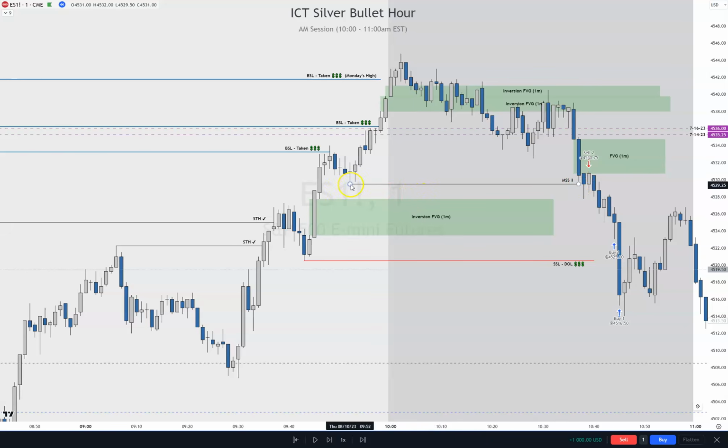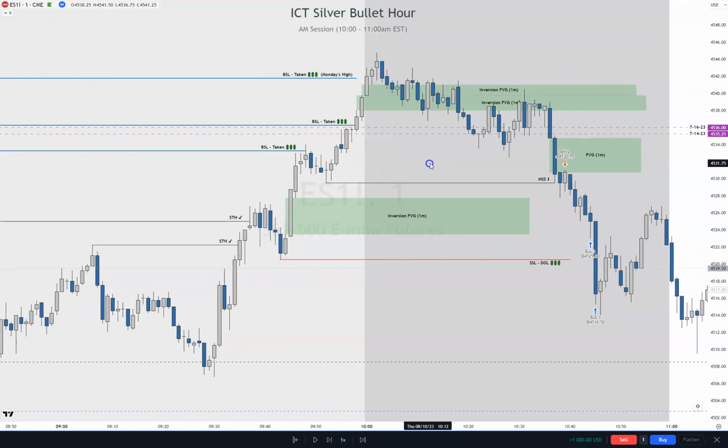And I was looking for this market structure shift. Now I know you don't need it on a Silver Bullet hour trade. Personally, I like to use the 2022 mentorship model, so I'm waiting for a break of structure. For me, this is the swing low that created the swing high, so that's my market structure shift. Some people could use this, they could use this, they could use this. However they want to use short-term highs, use those, and call them market structure shifts. This is an actual buy structure market structure shift.